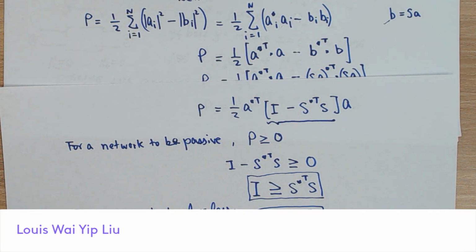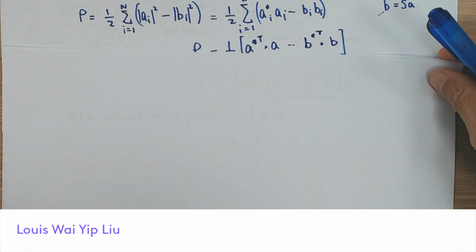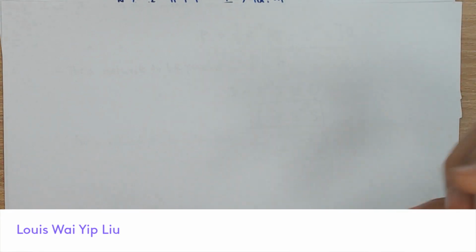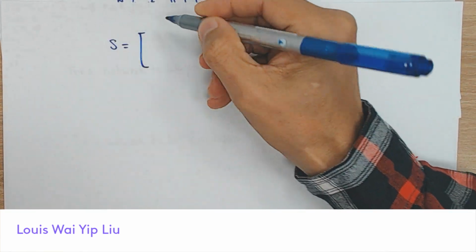Okay, now we are ready. We are going to use this technique to determine whether the example we are dealing with is reciprocal, passive, or lossless. So first, we write down the S parameter. The S parameter here is